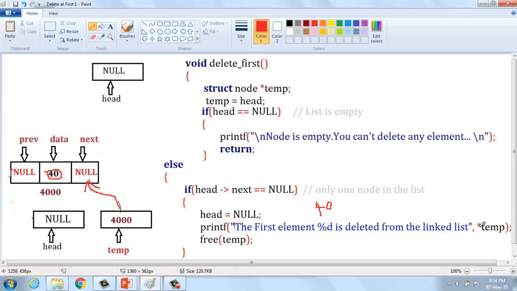The star gives the value using a pointer variable, and we have changed head equal to null. Later, using the function free(temp), which is nothing but 4000, we delete this node from the given linked list. Head equal to equal null means the list is empty; the only one element present in the given linked list is deleted properly. This is the first operation.